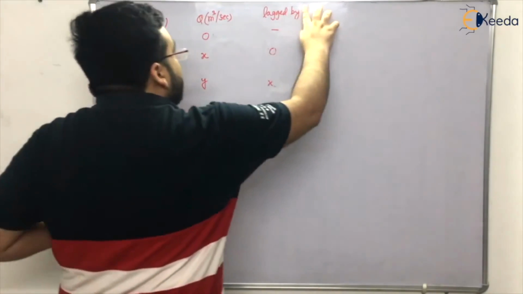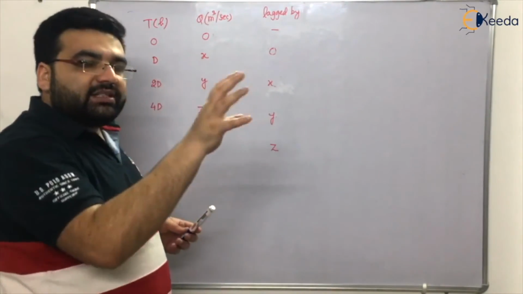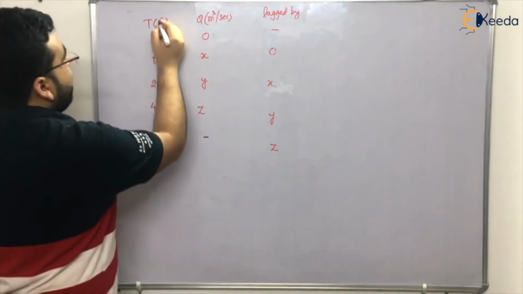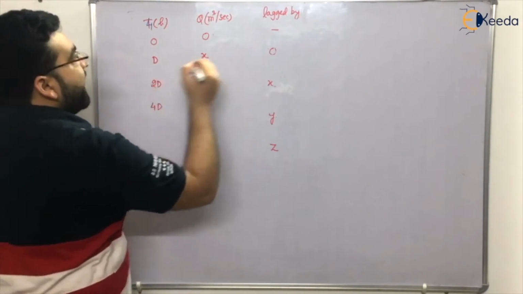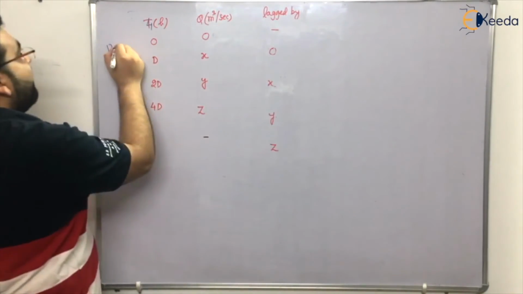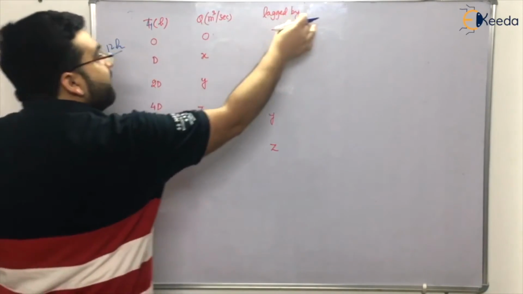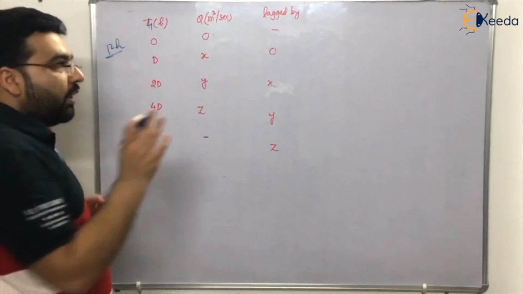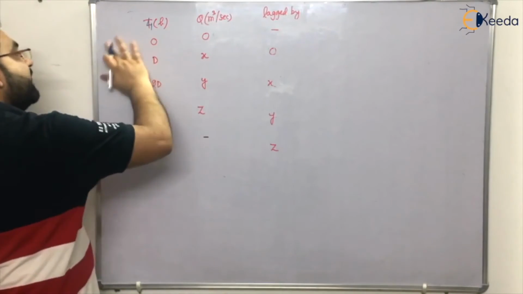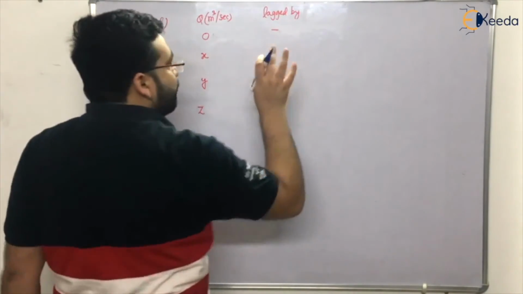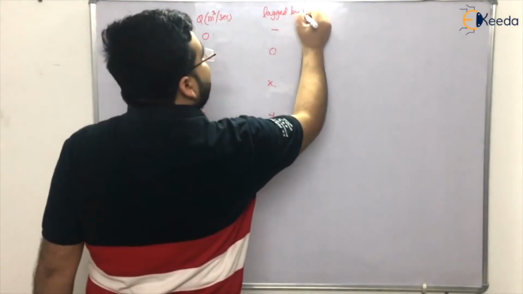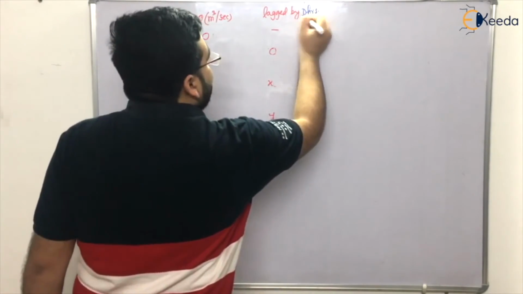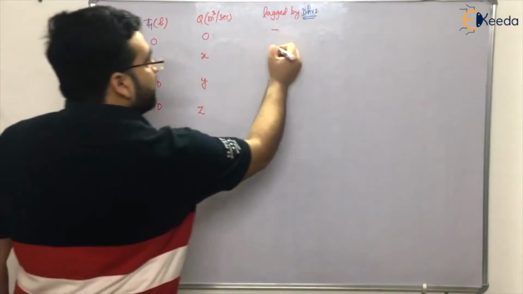So first of all, you have to lag it by T hours, whatever is given in the question. For example, you are given a 4-hour unit hydrograph and you need to calculate a 12-hour unit hydrograph. So what you have to do? You have to lag it by 12 hours. Whatever is given in the question, you have to lag it by that, right? But here in this question, just to make you understand, I am lagging it by d hours.